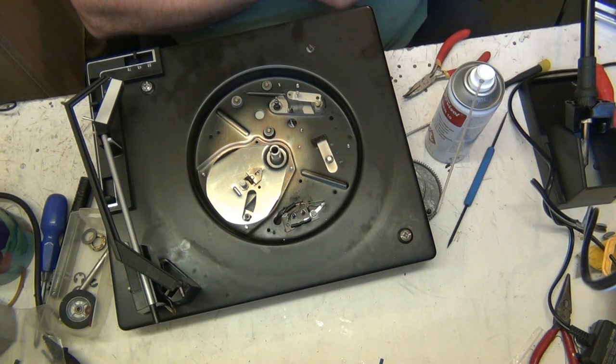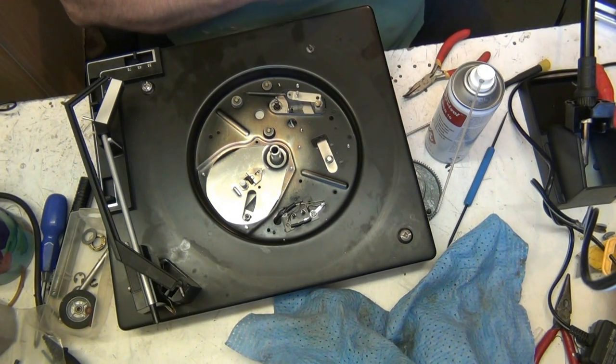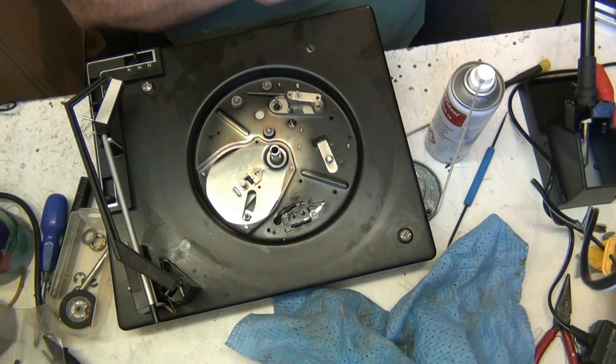But these are not supposed to be oiled, and people oil them. They just squirt WD-40 on it, don't they? Yeah, well that's people's answer for everything, innit? Hose it down with WD. It's their answer for everything. Whereas my answer for it is to...